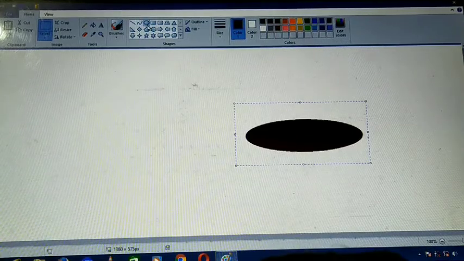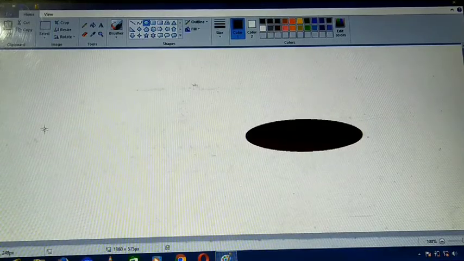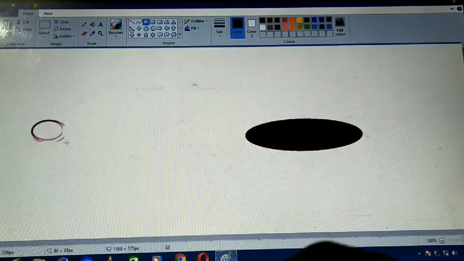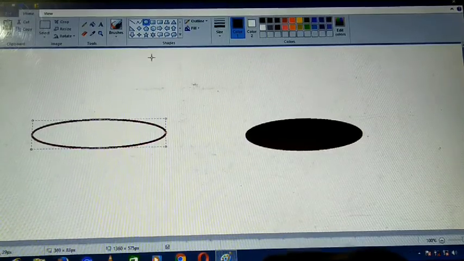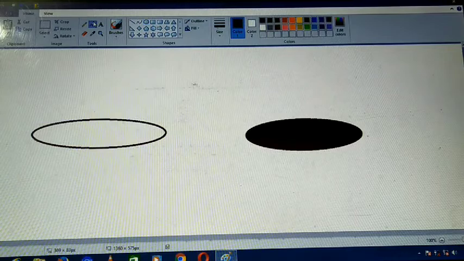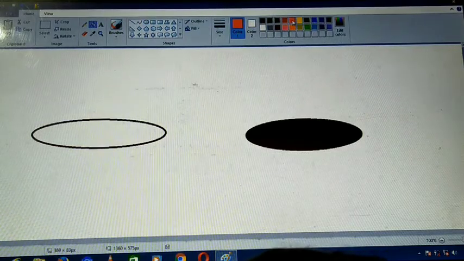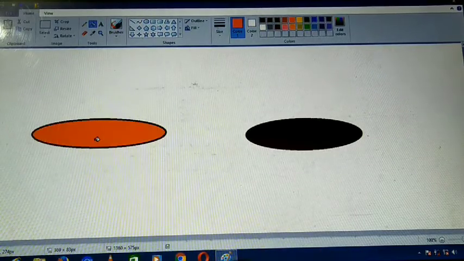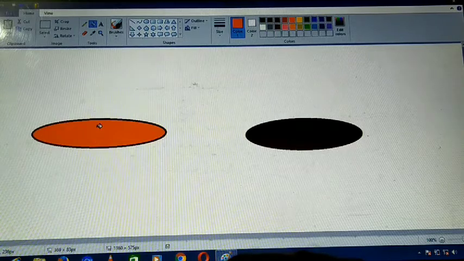One more example: if I have one object like this, I am filling it with orange color.